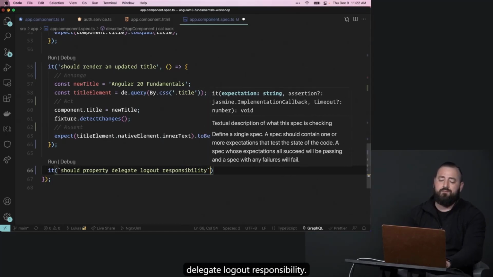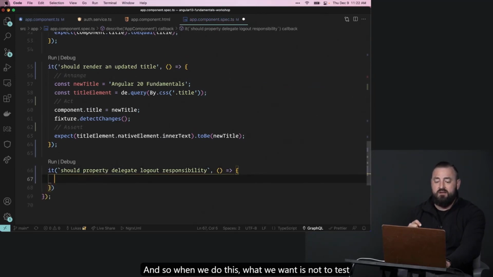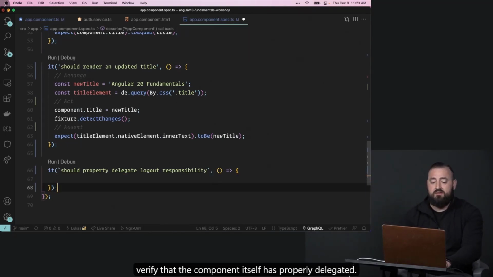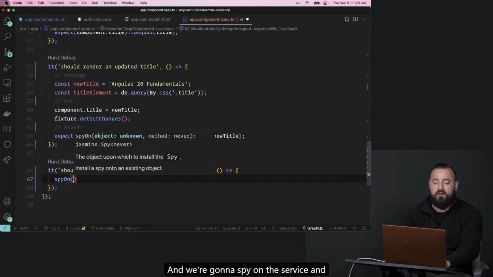And so when we do this, what we want is not to test that we were even logged out. We just want to test or verify that the component itself has properly delegated. So we're going to use spyOn, and this creates a Jasmine spy, and we're going to spy on